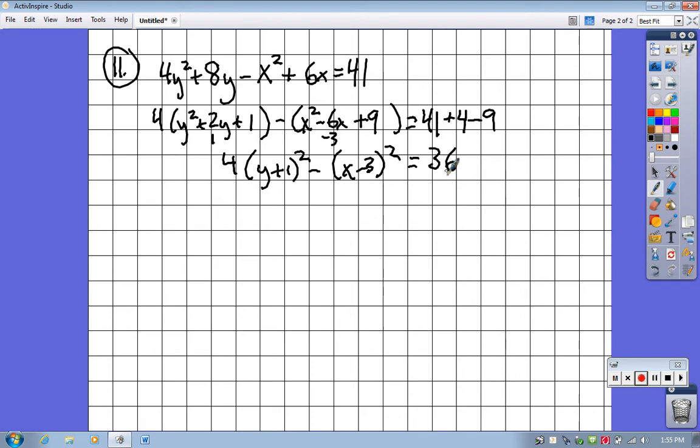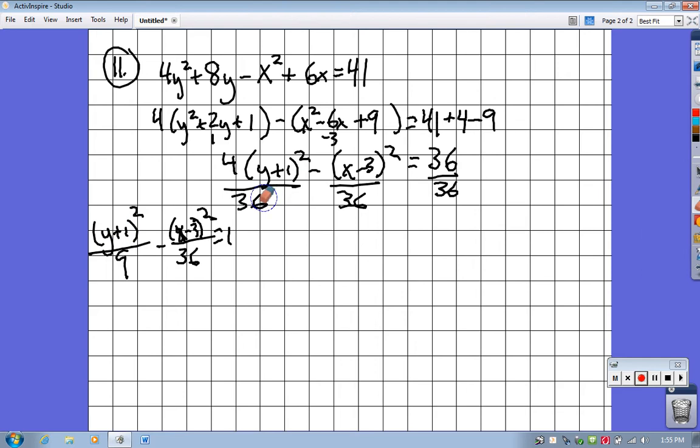For this hyperbola, get it equal to 1, so divide everything by 36. So I have 4 divided by 36 is 9 on the bottom. So y plus 1 squared over 9 minus, oh, sorry, that's a y. This is an x. x minus 3 squared over 36 equals 1. So now I've got to graph this thing. A couple things that I know about it is I know the center is at the point 3, -1,